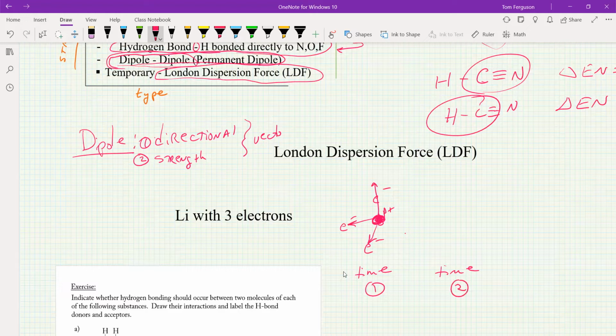At time 2, these electrons are in a totally different place. They could be like this. So then we would have dipoles that look like that. Okay. At time 3,